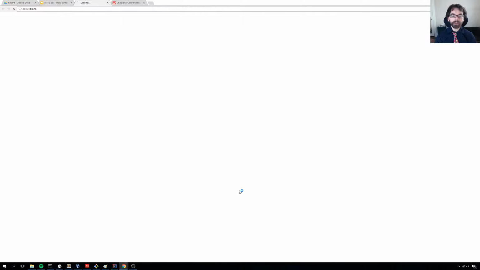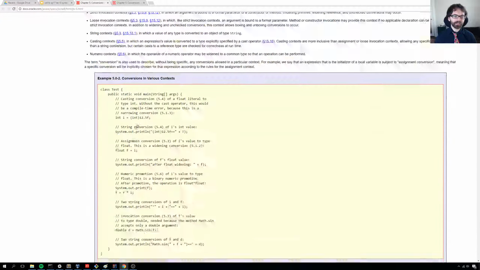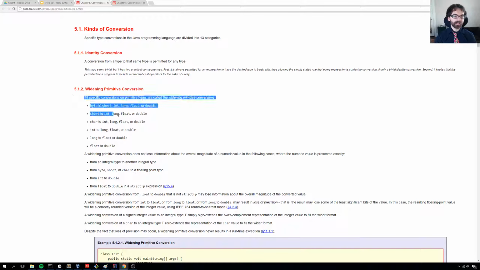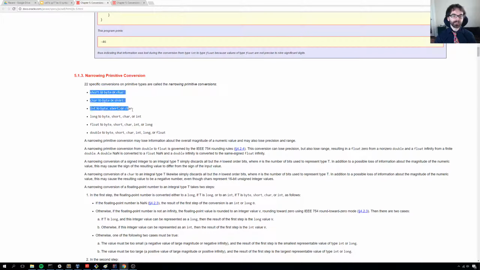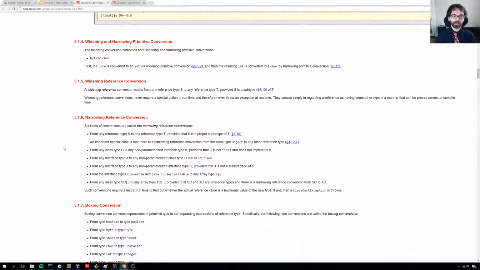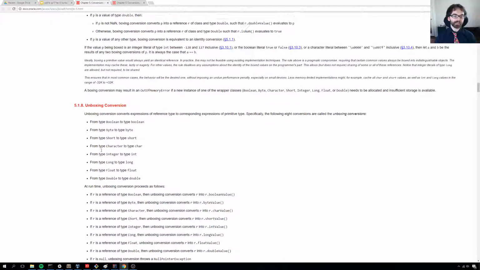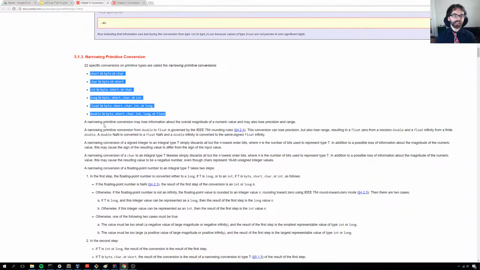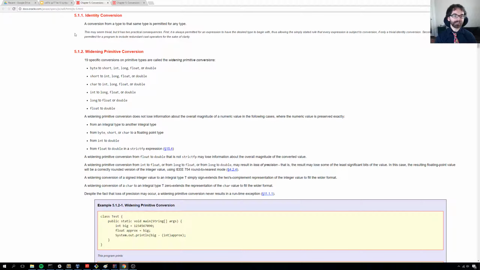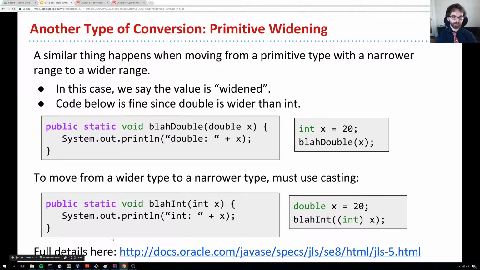Okay? Now, I'm not going to go through it, there's actually a bunch of details about all this that you can learn. So these are the widening versions, so anytime you do one of these, that's considered widening. These are considered narrowing, and you can read more. There's actually 12 different types of automatic conversions. So I've talked about boxing, unboxing, and narrowing and widening, and there's more if you're curious, but that's basically what